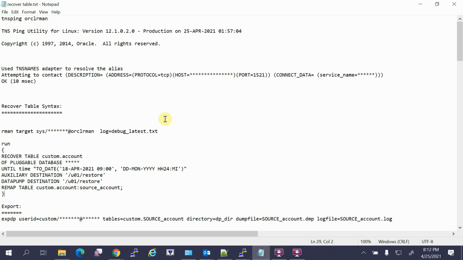So then we will do the cutover. Everything went on smoothly and we released the environment, but the customer came back saying that one of their critical tables is missing. I'm sorry, it is not missing.